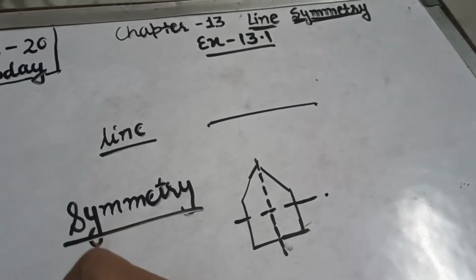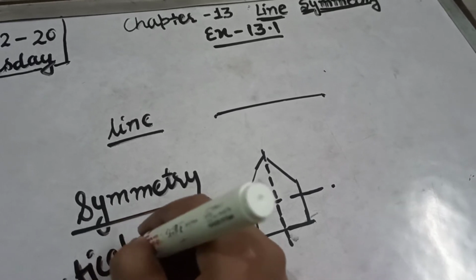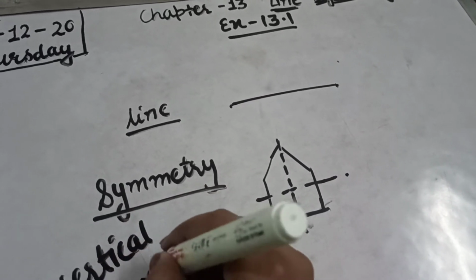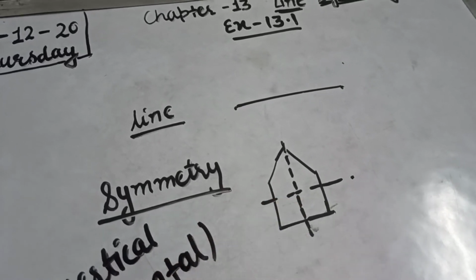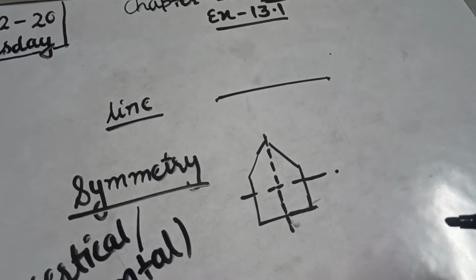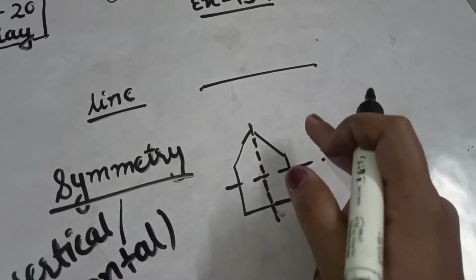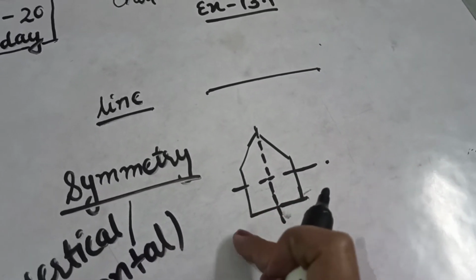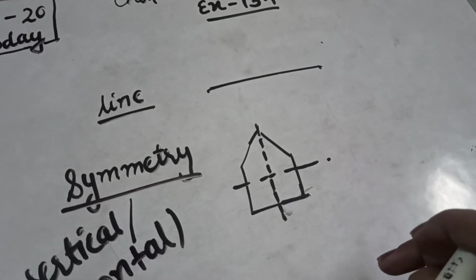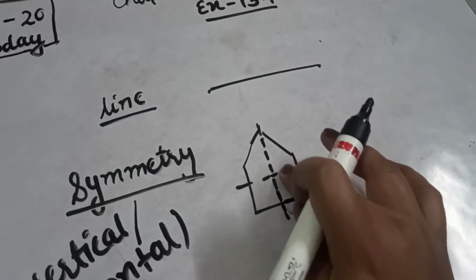Remember this, only two are there, vertical or horizontal. These two lines I draw in the figure. If any line, vertical or horizontal, divides the figure into two parts and the two parts are equal, like before this we drew it